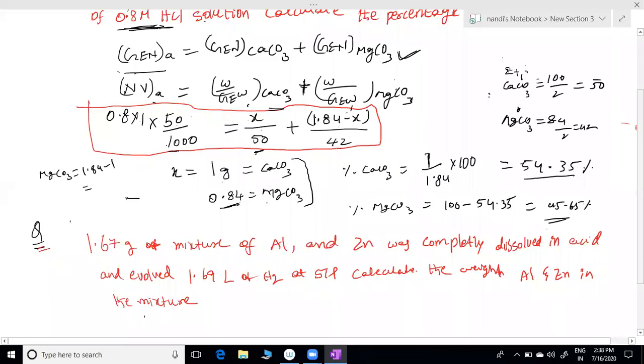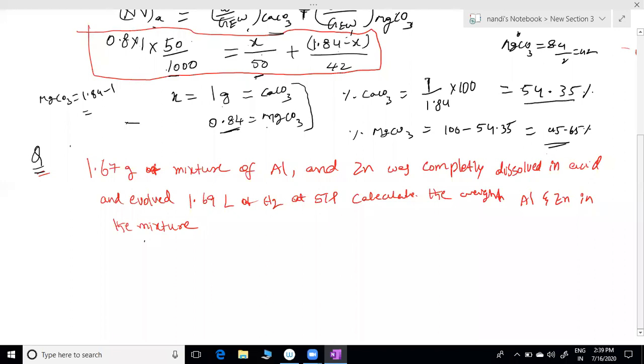In an examination, any titration, anything they are giving, leave that one. Just equate GN of 1 equal to GN of 2. That's the only thing you have to do. It doesn't matter what titration type it is, back titration, simple titration, iodometric titration, redox titration. No need to think anything. Very simple. Equivalence of 1 equals equivalence of 2. You know how to calculate the n factor for every reaction. Acid bases, you know that one. Salts, you know, redox reactions, you know everything.